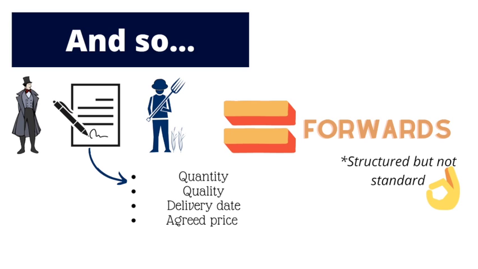Contracts began to be made between individuals of both groups, which basically established the quantity and quality of raw materials to be delivered and received, the future delivery date or expiration of the contract, and the agreed price payable on that determined future date. This type of structured contract tailored between the two parties, that is, producers and buyers, was called and continues to be called a forward.